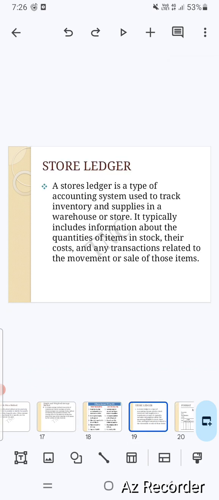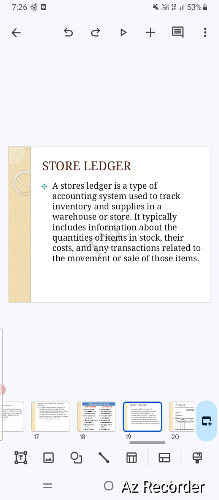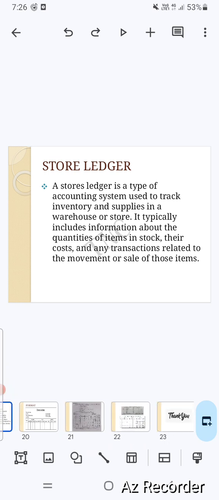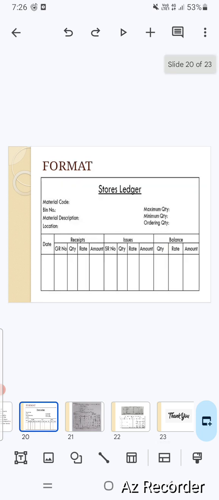So next is the meaning of store ledger. The store ledger is a type of accounting system used to track inventories and supplies in the warehouse or store. It typically includes information about the quantities of items in stock, their cost, and any transactions related to the movement or sale of those items. So this is the format of the store ledger. It includes the date, particulars, receipt, issue, and